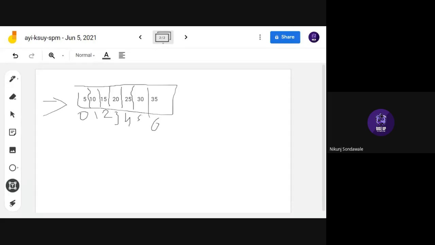Yes, Lavanya, you're right. So how can we do that? First of all, the first element is at index number zero. The last is at index number 6. And now we have to find the mid term.